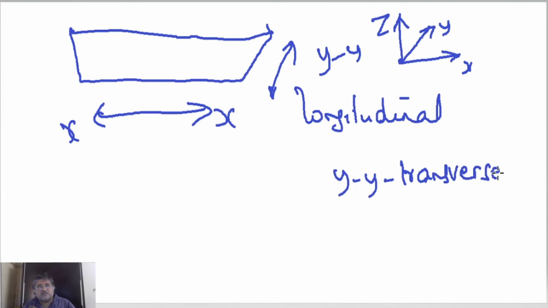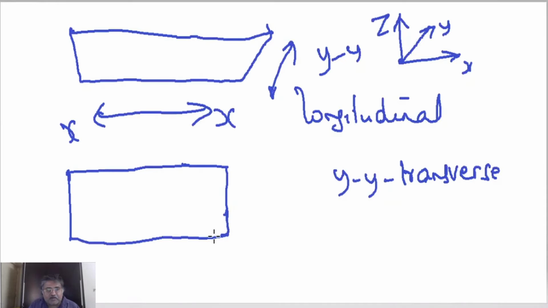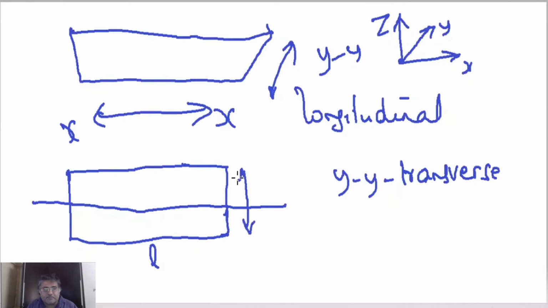You have to get this right because all your moment of inertias are going to depend on that. For example, what I just said, moment of inertia of the water plane area. Let us assume for a simple case, you are dealing with a rectangle. What I said was you have to get the moment of inertia about the center line. If this is L and this distance is B, it is given by LB cubed by 12.